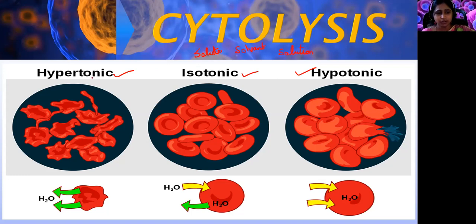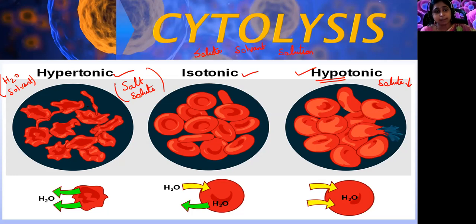So here in hypertonic, I can take sugar as a solute or salt as a solute. I'm going to take salt as a solute, and water will be the solvent. So in a hypertonic medium, the salt content will be more. In an isotonic medium, it is in equilibrium condition. In a hypotonic medium, hypo is less, the solute concentration is less. So what is the solute here, sugar or salt? I've taken salt here.